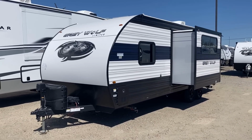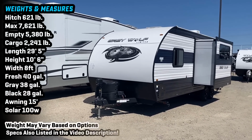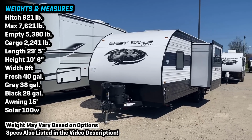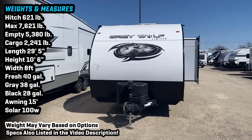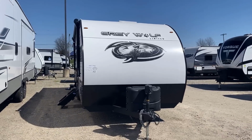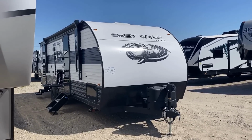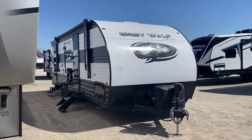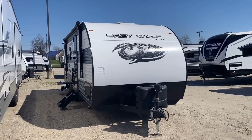So once again, generally speaking, I do think that this one is a good fit for especially any kind of late model half-ton with tow package. If you check out the weights and the measures there, this one tops out just a bit over 7,600 pounds. About 30 foot, a little bit less, give or take. I don't remember the exact length spec right offhand here, but that fits very well for a lot of half-ton